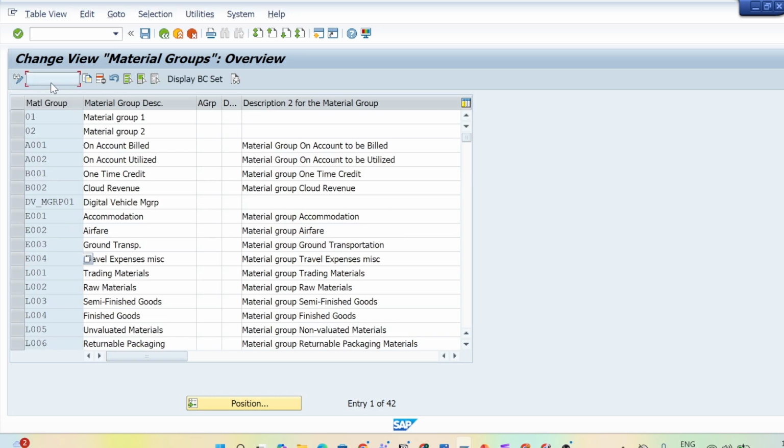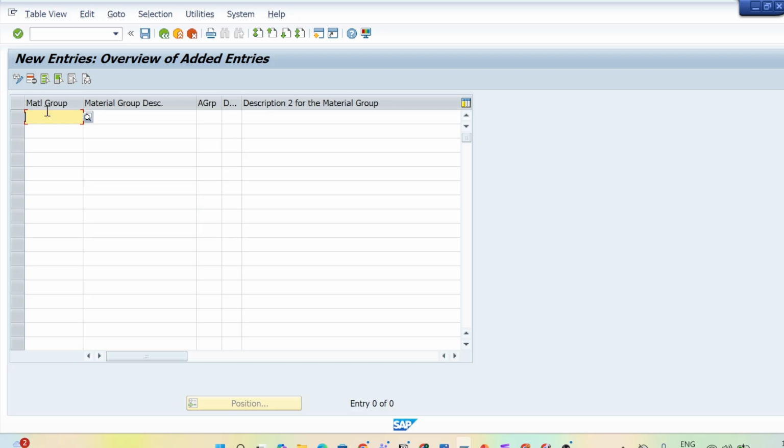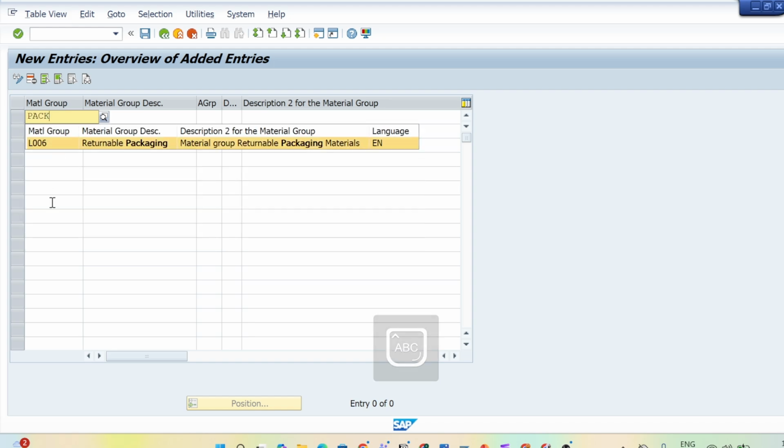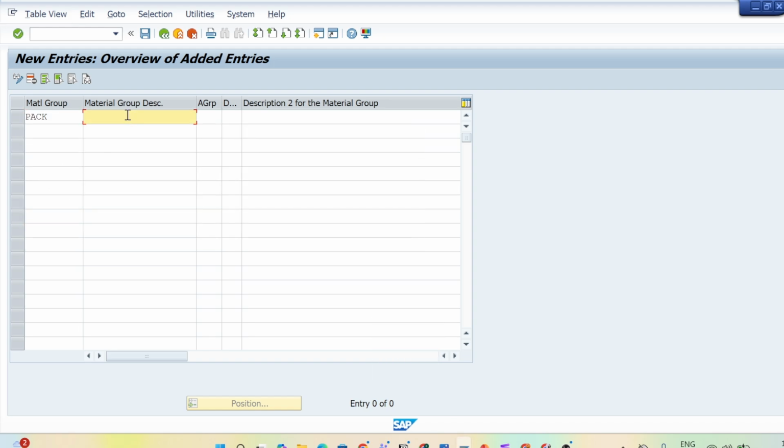Just click on New Entries from here and give a material group. As per the requirement, the material group is PACK. And the material group description we need to mention here. Let's suppose I give Cognizaro Mat Group 3.